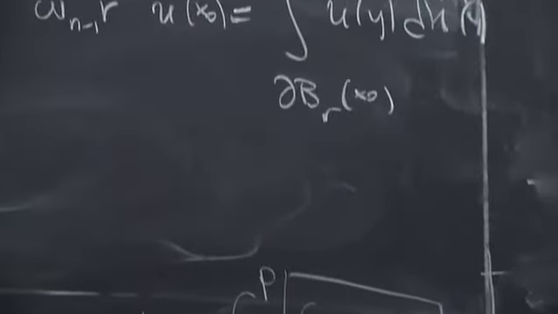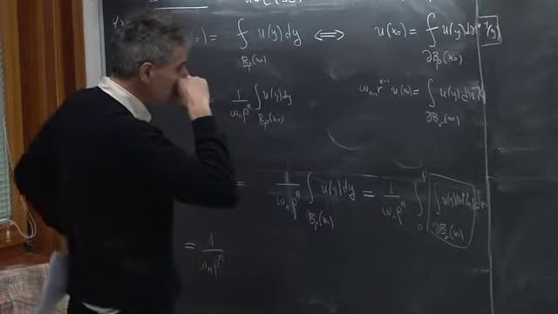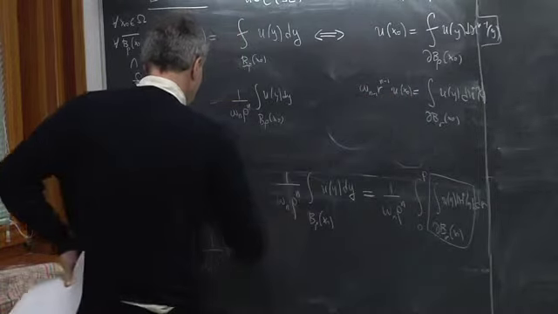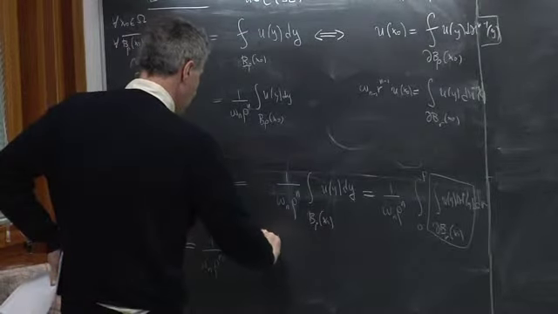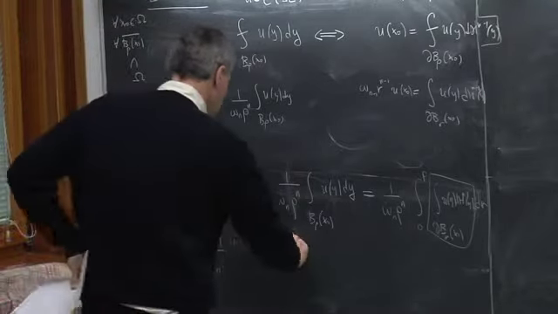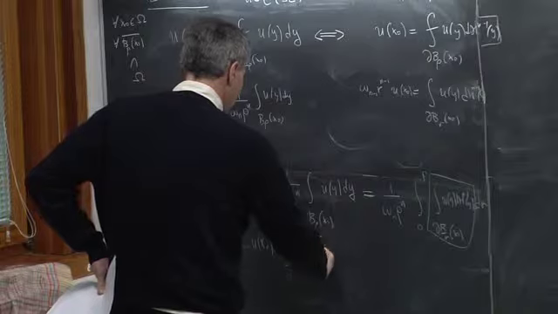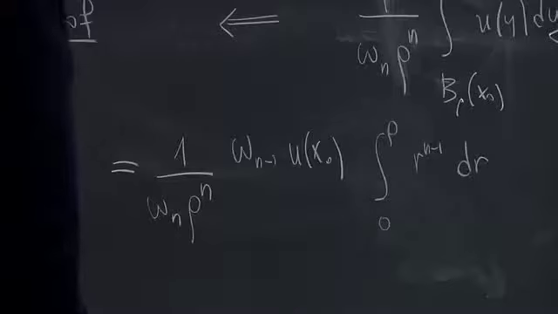So this is actually equal to 1 over omega n rho to the n. Then I substitute inside the integral, and this is a constant, and this is also another constant. So omega n minus 1 u of x naught, and then I have the integral from 0 to rho of r to the n minus 1 dr. Hoping that I am doing the correct computation. So what I find